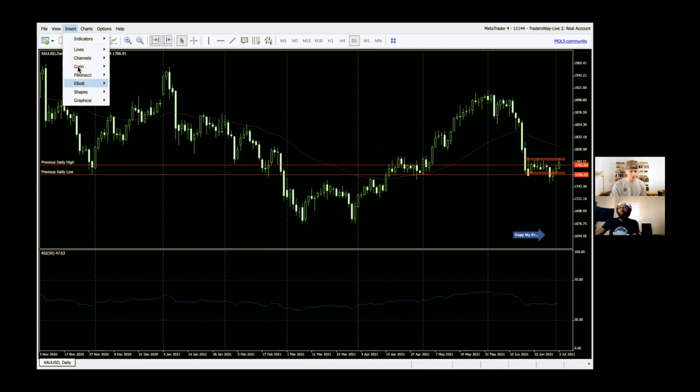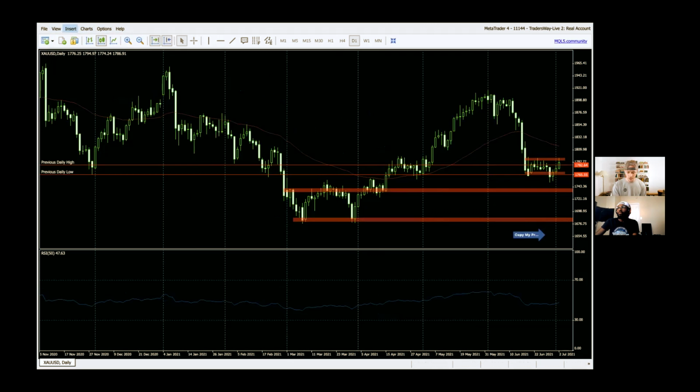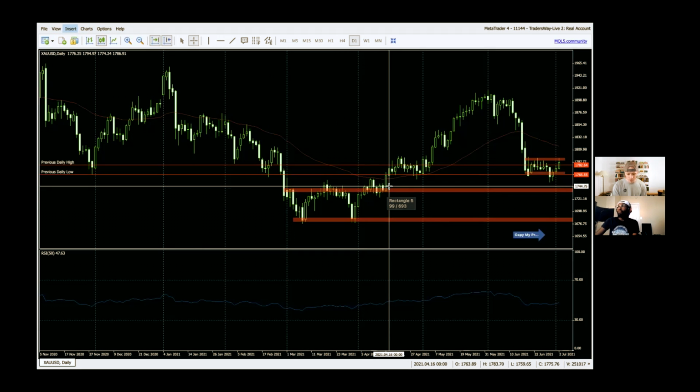I'm going to draw this up for you guys. We have a little bit of a zone right here that we could see this come back down to. Then we also have this zone below that down here at this overall range right here. So if we're looking at this right here around 1740, I'd say between 1745 and 1735, we have this